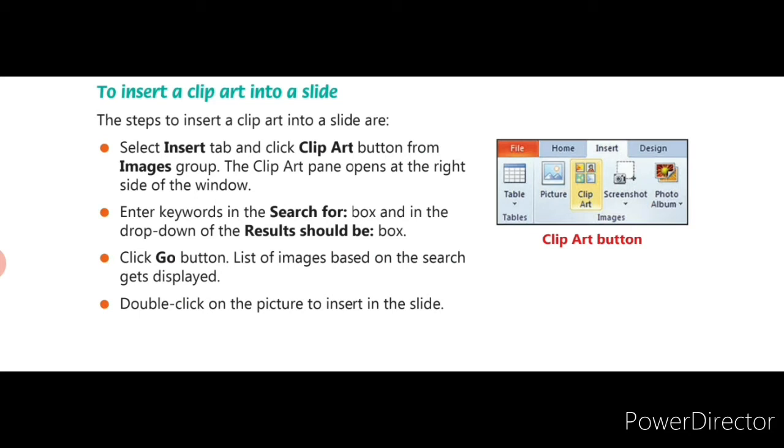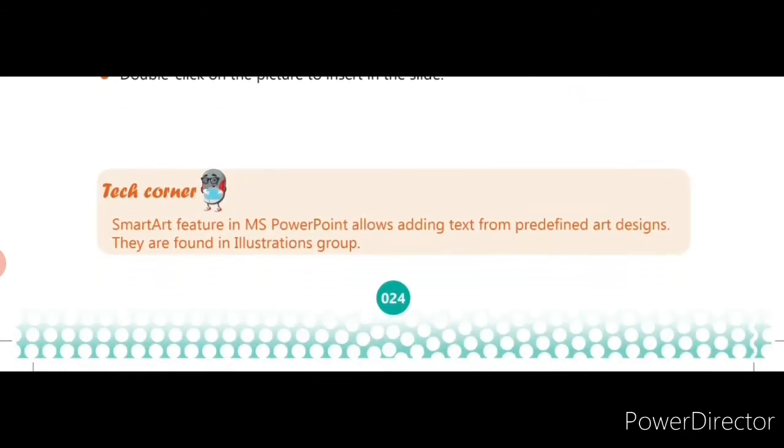Okay, next we will see how to apply charts in a presentation. Although tables are a good way to communicate information, charts provide visual impact in presenting figures. So what is a table? Intersection of rows and columns. Yes, what we have seen, tables give more attraction in presenting data. Although tables give a good way to communicate information, charts provide visual impact.